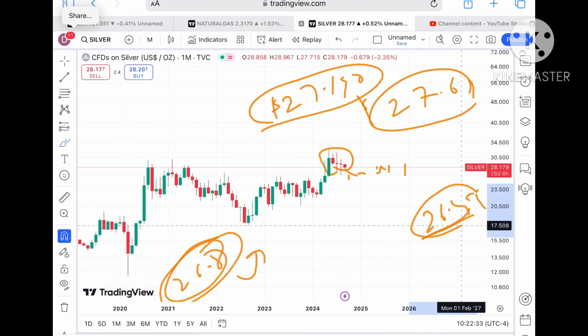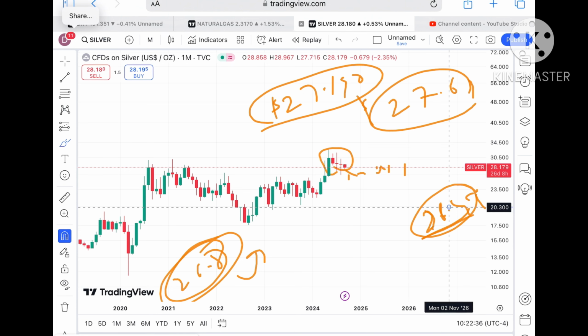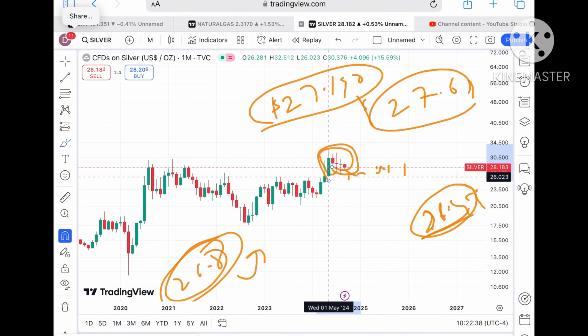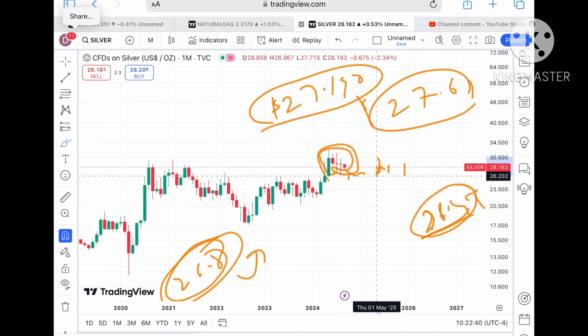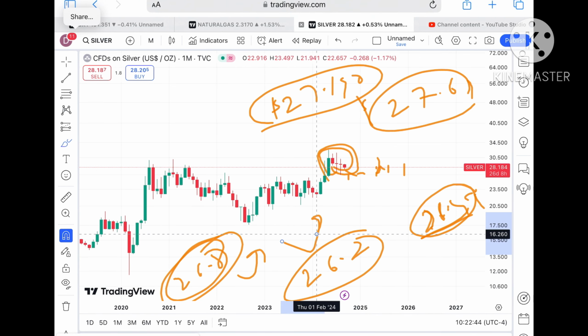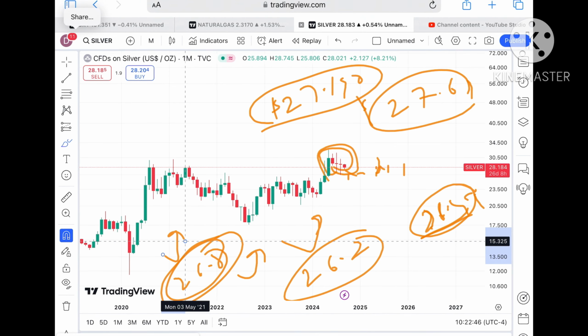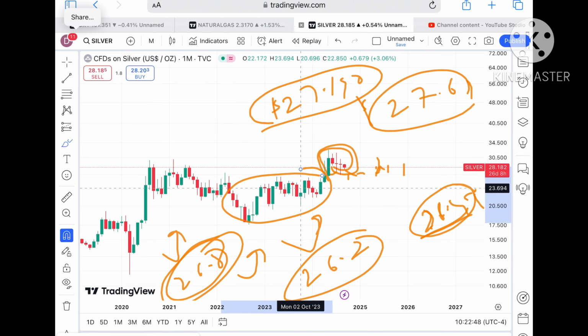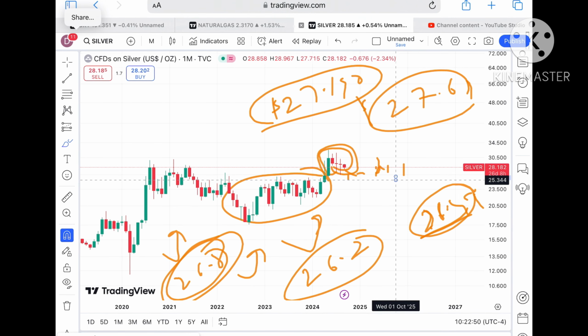You have to keep it in mind, because what we have seen, this is the level where a bounce back can come, but if it starts falling below this level, we can see a level of 26.4, which is the low of this zone. But if the price starts falling below this level, the next level is very close, around 26.2. A bounce back can come from this level also. And then it will move in the zone if the price starts falling below this level.